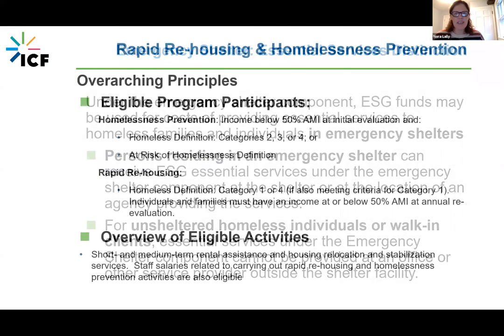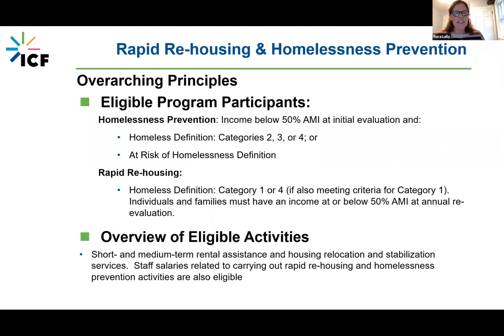The next program components that we're going to talk about together, because they're kind of twins in some regard, are rapid rehousing and homelessness prevention. These are the resources that really get to that rental assistance piece that Chris mentioned earlier that is new under the Emergency Solutions Grant Program. So the eligibility at the participant level for homelessness prevention does have an income limitation.